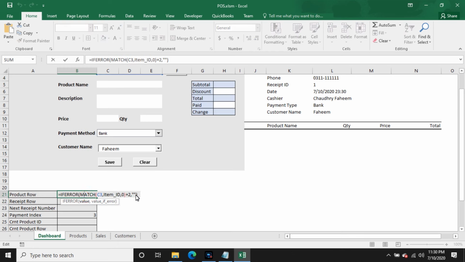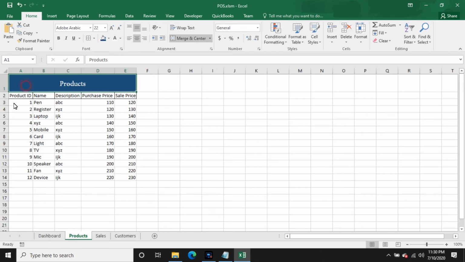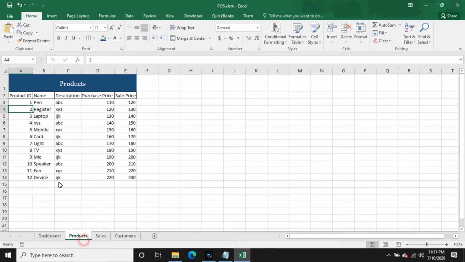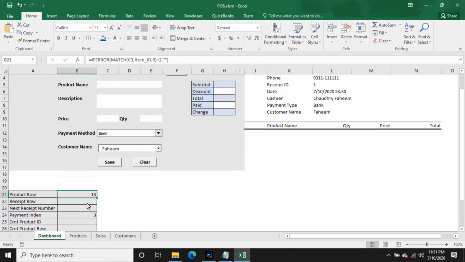So why I am going to add 2? Because 1 and 2, so add 2. If this one is matched at here, so which is index 1 2, and add 2 another, so the right index will be 4. So write here 2, so index 4, and if I write 11, so 13, so 11 ID at 13 index. And